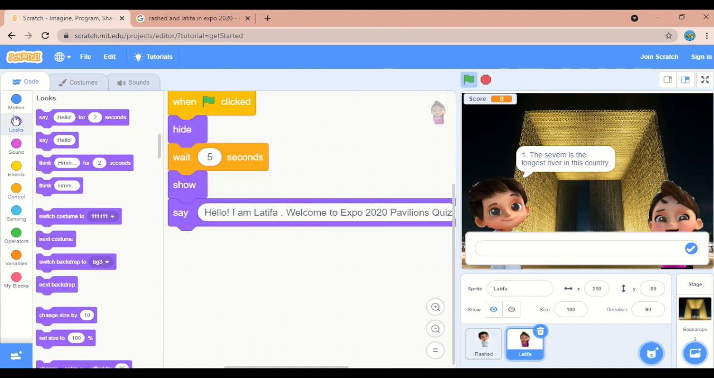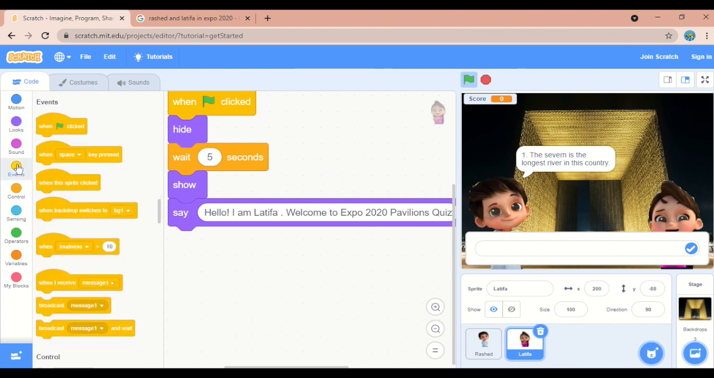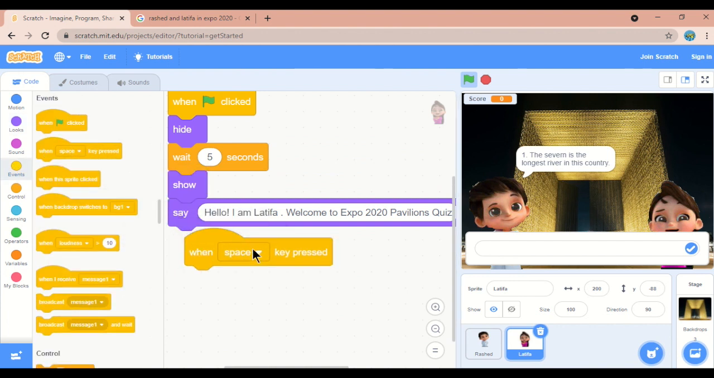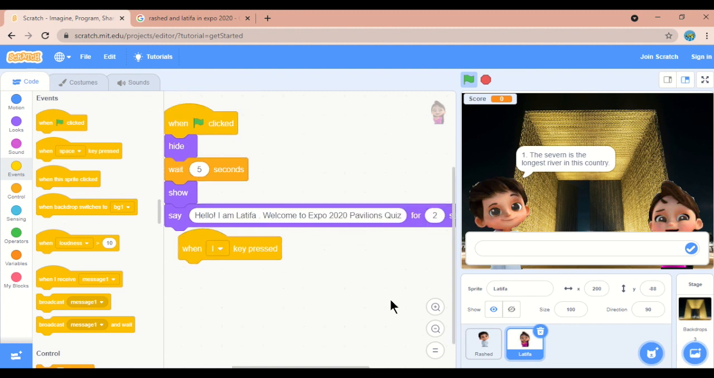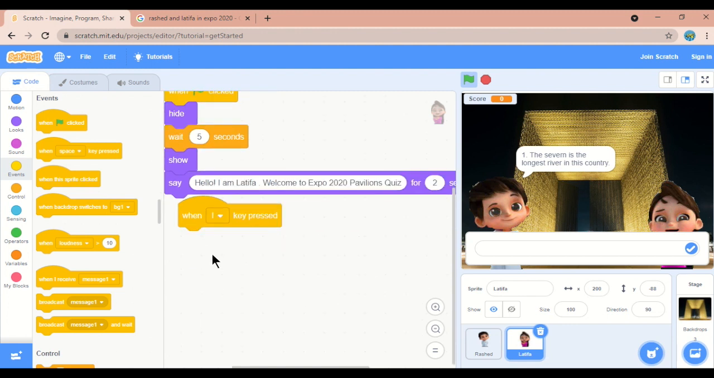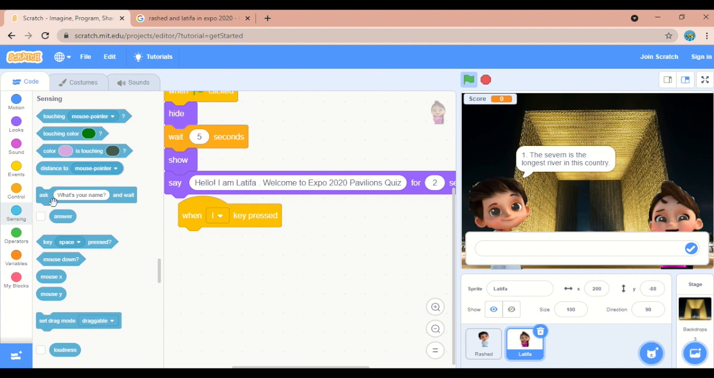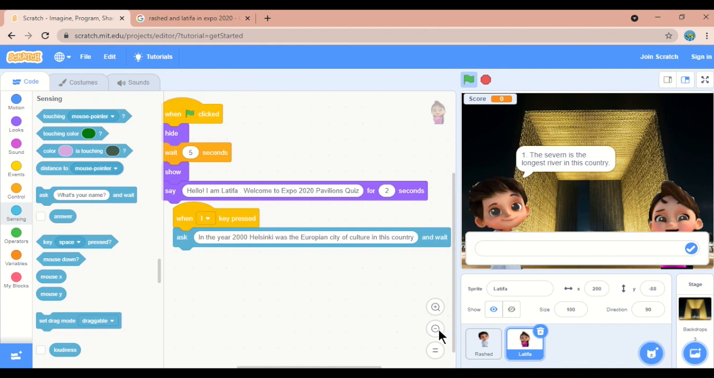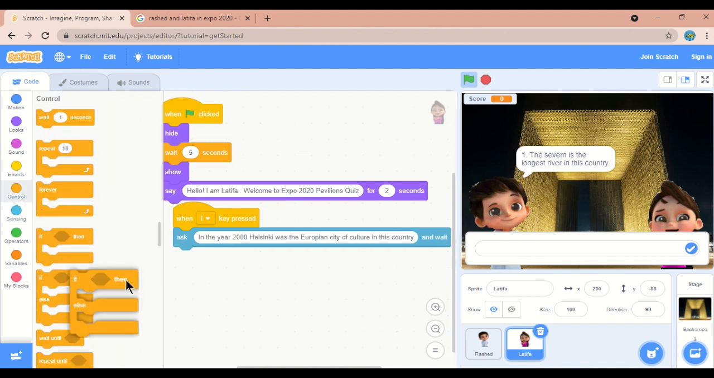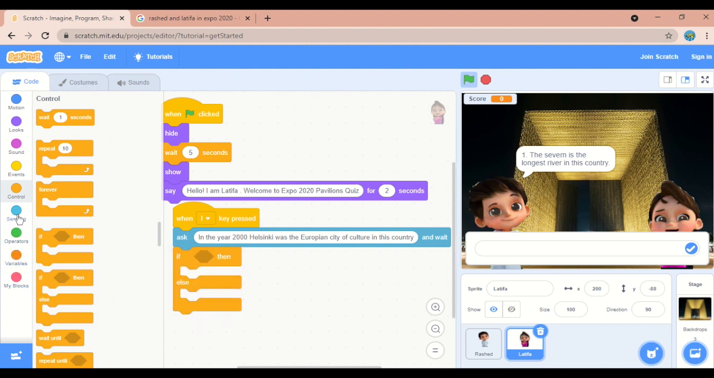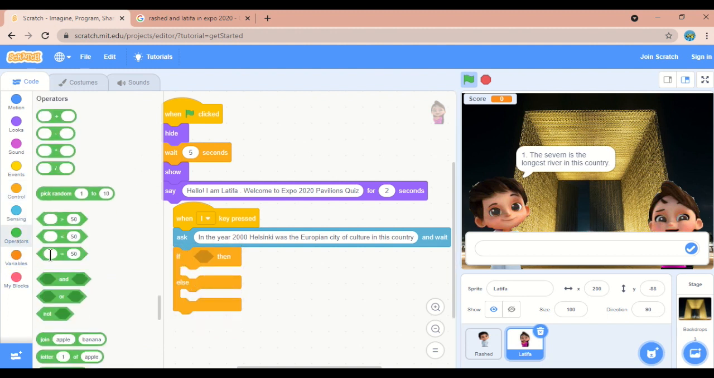The same way we will code events when L key is pressed, letter L. Here we go. When L key is pressed, what should happen? Latifa will start asking questions. Go to sensing, ask question. The first question is, then go to control if answer is equal to, go to operators block, if